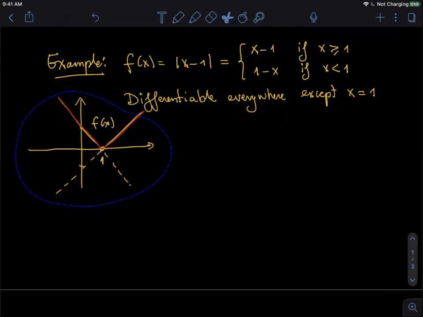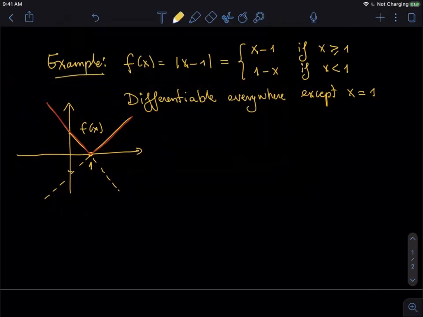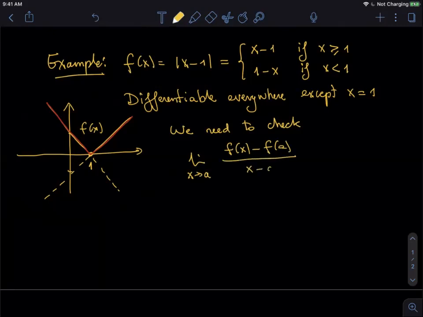And everywhere else, differentiability has to do with the slope. Everywhere else, the slope is constant. So going from the picture, from the plot, it's going to be differentiable everywhere else. But let's show it using the definition. So the definition says that we need to check the differentiability, that the limit as x tends to a of f of x minus f of a divided by x minus a, so this limit exists,